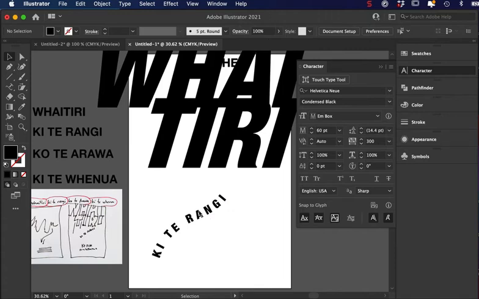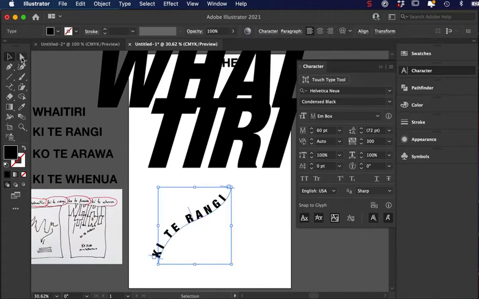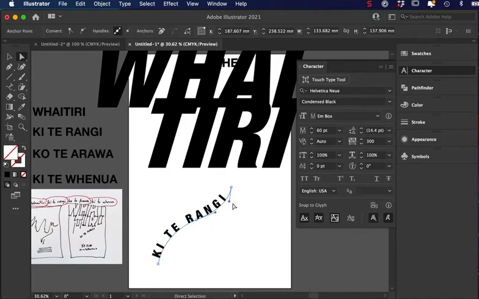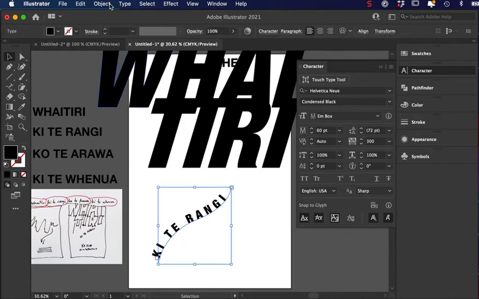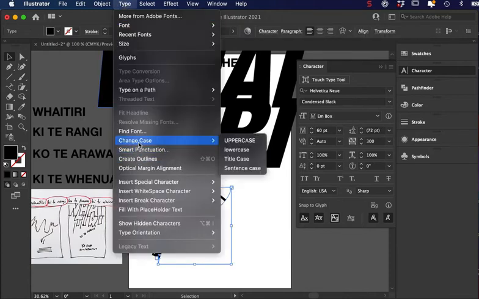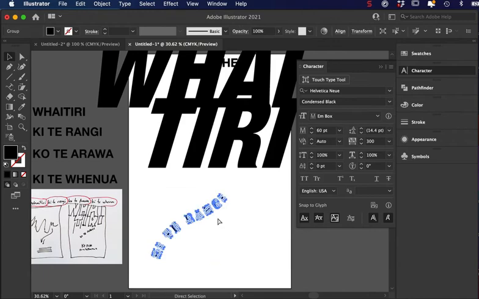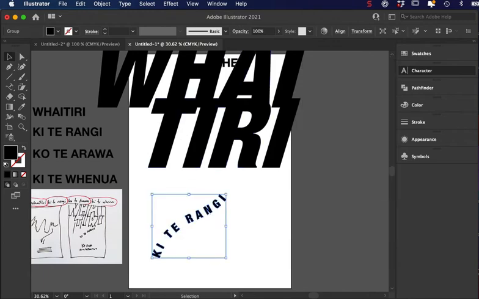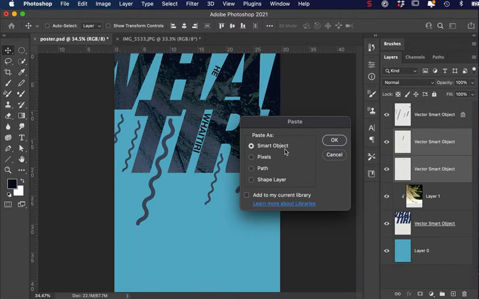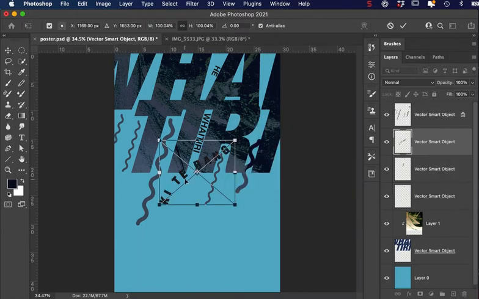So I've got a bit of a curve. I can still come in here and with the direct selection tool I can click on this path and change the angles of these curves a wee bit if I want, but I quite like it the way it is. Same thing, I click on this, type, create an outline, copy into Photoshop, paste it, it'll paste as a smart object, which gives me the option to